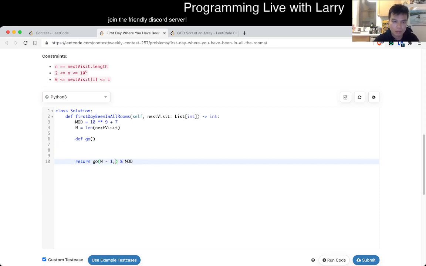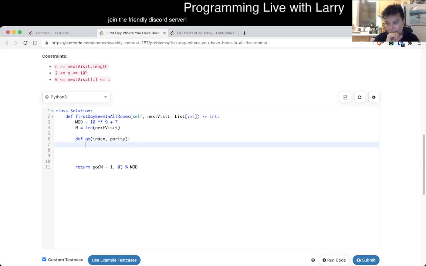I guess it doesn't really matter, but index, but so the number of ways to get to here is just equal to explicit of index. If parity is equal to 0, then we return